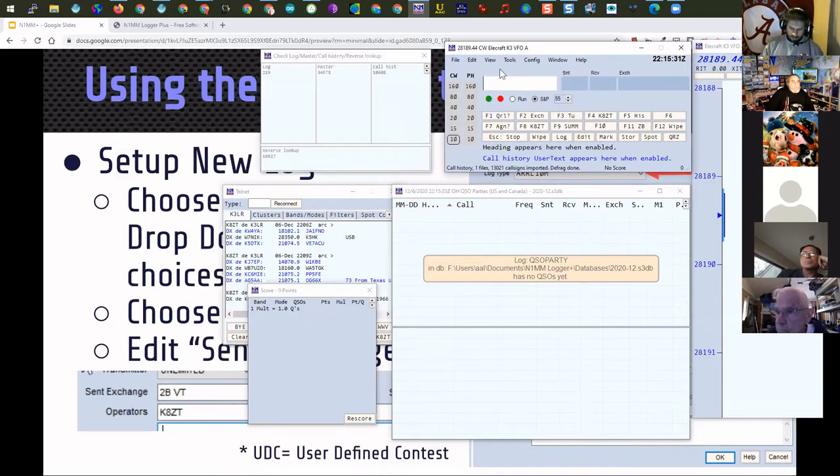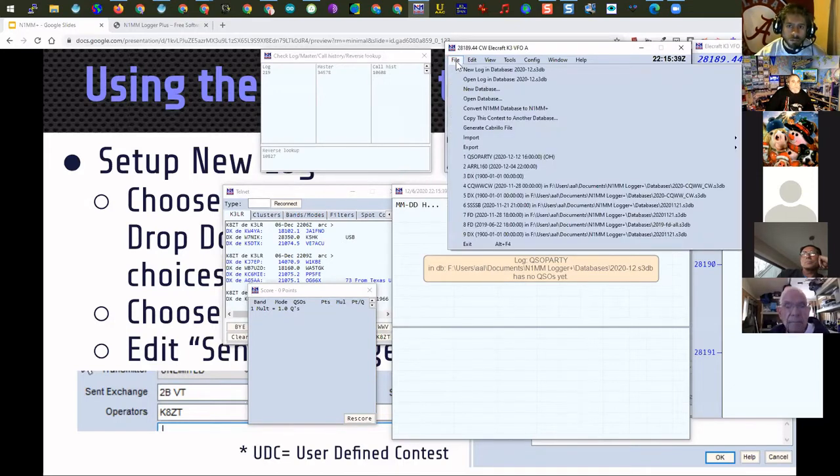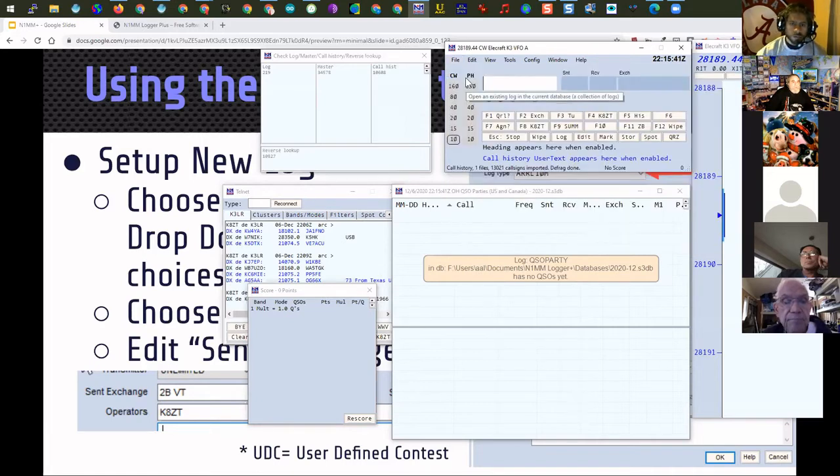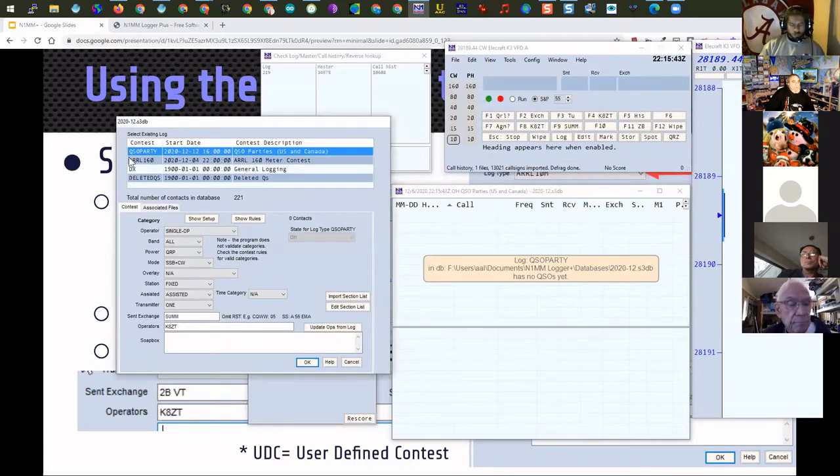Now remember I said if we want to open a contest we've already set up, not from last year, but from today, because I'm working another contest today or this week, I click on File, I go to Open Log Database, and I want to go back to one I worked before. Here's all the ones that are currently in this database. I want the 160 contest, the one I'm currently working in. I double click on it here,